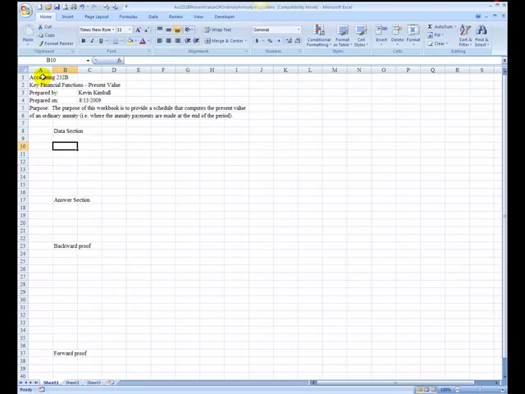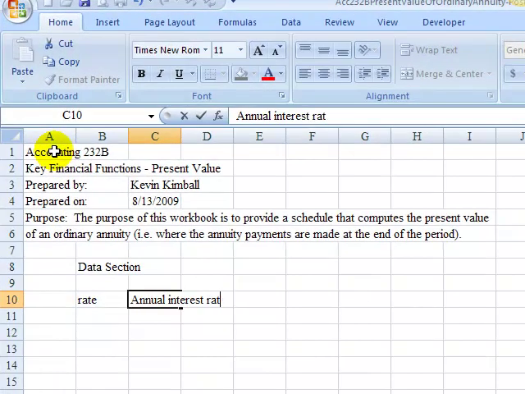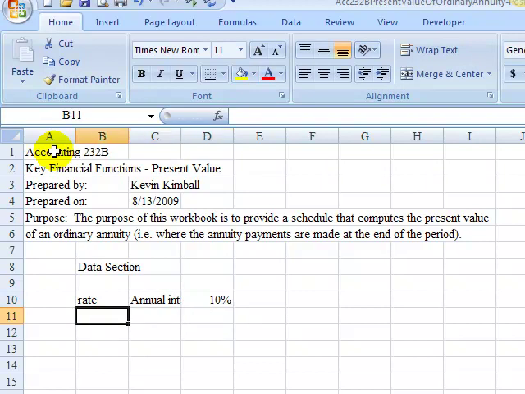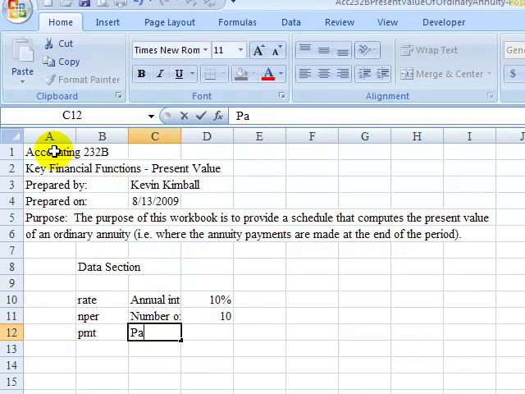So starting with our data section, we have our rate, and I hit the tab button to tab over. Interest rate, and I'll put in 10% while I'm here. Next, N per, tab number of periods, and this will be 10, and then PMT, payment amount, and this is going to be